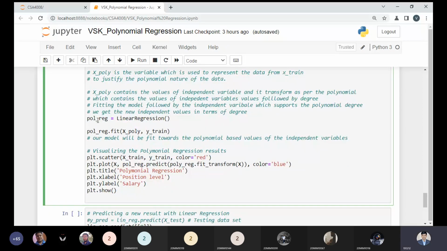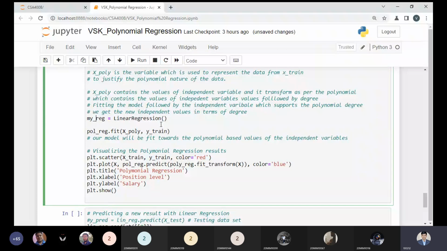So now I'm creating my regression. I'm giving the name, that is my regression, my polynomial regression variable. So I'm giving the name of my model, that is my regression over here. We don't have any polynomial regression class or method in our Python libraries. We have only the linear regression.